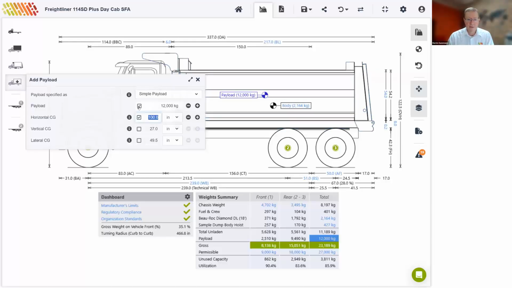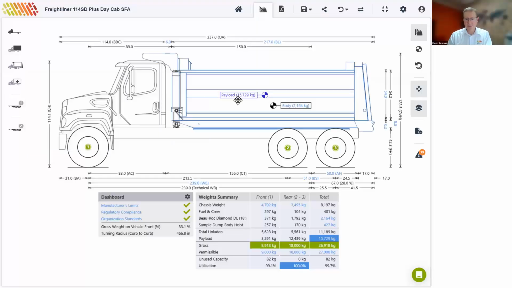But let's return to our maximum payload, which is just under 16 tons. So just remember, when you're loading gravel, you may only need to fill this body about 2/3 of the side heights. Otherwise, you will most certainly overload it. Okay, so this sets our baseline configuration for our session today. So keep this number in mind, roughly 16 tons. And in a minute, I will add a pusher axle to this and show you how we can increase the carrying capacity. But before we do that, I still want to show you that common scenario of this vehicle towing